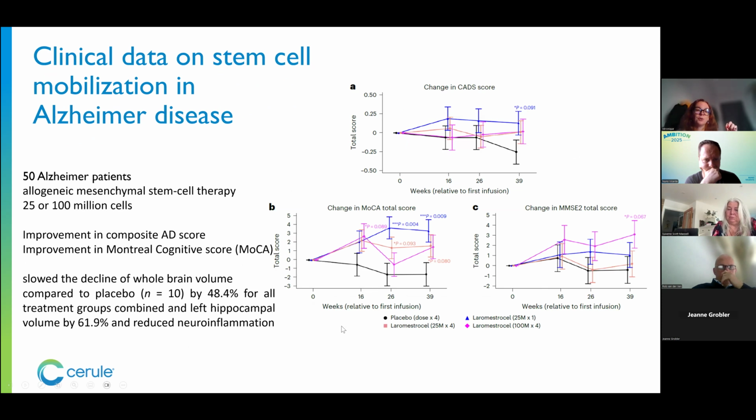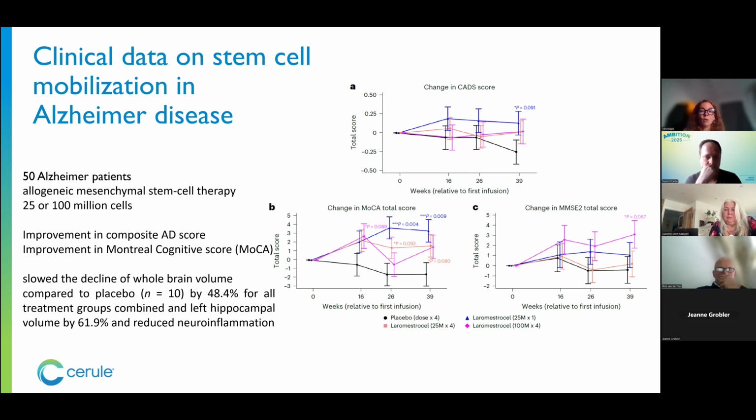We will see now for Alzheimer's disease. There is a clinical study on 50 Alzheimer patients with 25 or 100 million stem cells that were transplanted, compared to a placebo group. And we have a significant improvement after 35 weeks in the composite Alzheimer's disease score that is also measuring